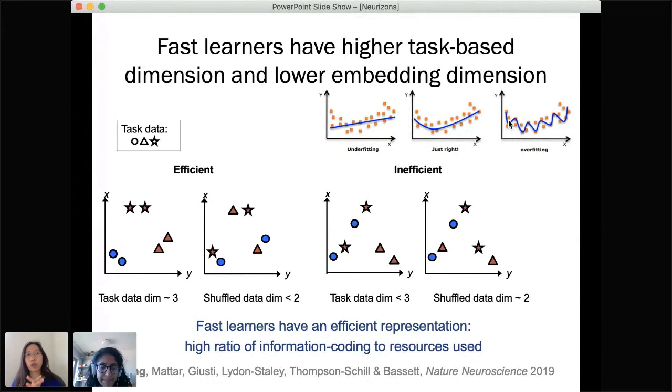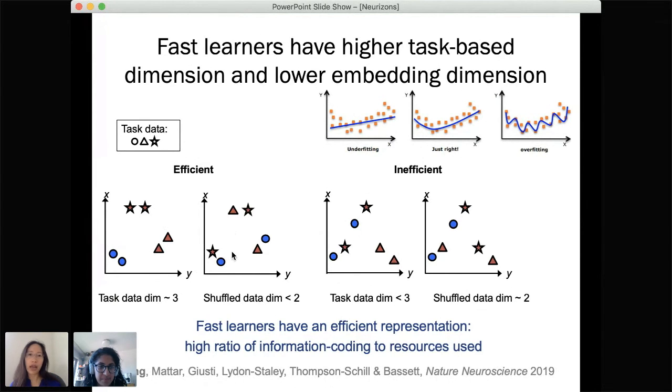I mean, if you're just trying to code for 12 shapes, you don't necessarily need enough neural space to code for 20 shapes, or you could, but it would be very inefficient. And in fact, we saw that this null data, or this data without any task information, was actually larger for the ones who were learning more slowly. And so we realized that there could be what we call an efficient representation, which here I'm showing with little cartoons, just because it's very hard to visualize data in very high dimensions. So this is the highest dimension we can do for visualization. Then we have an efficient learning, and we have inefficient learning on the right.